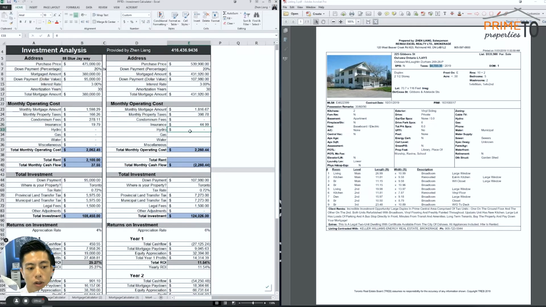Now, depending on how you have structured your house, what house you buy, it could be separately metered, or you may pay for it yourself. But generally, I'm going to say you want your tenants to pay for the hydro, gas, water, and any miscellaneous costs, such as shoveling, snow removal and landscaping, okay? So you can see here the carrying cost is a tiny bit higher because the price is a little bit higher. But the rent you'll get, and of course I haven't seen this property yet,